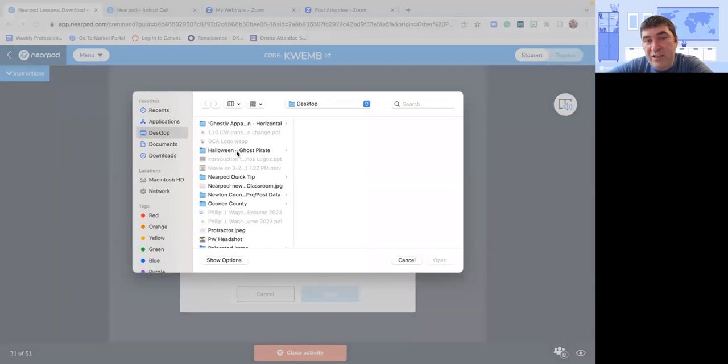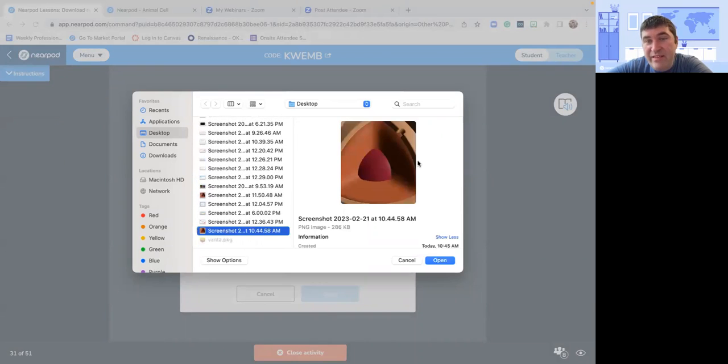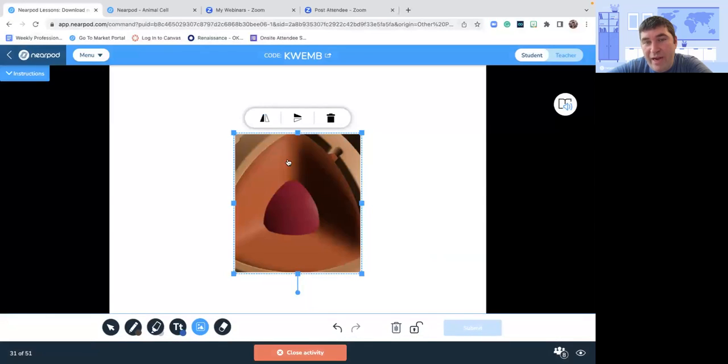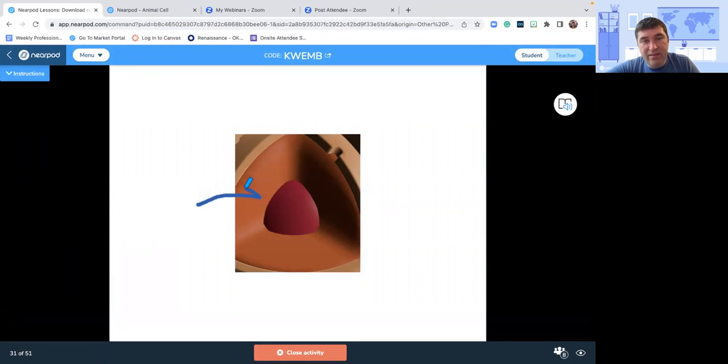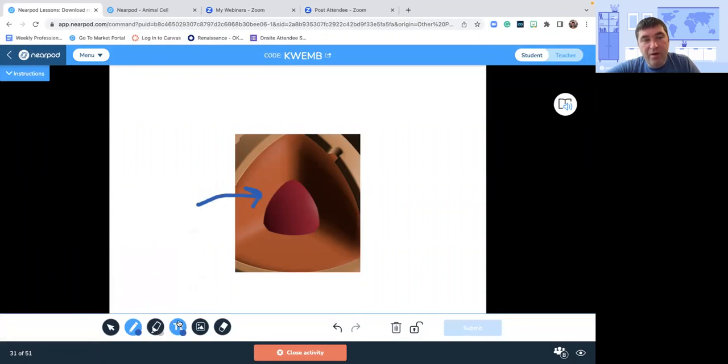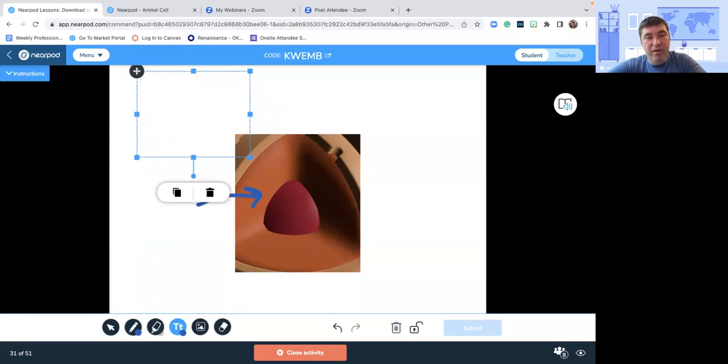And here you can actually search for that snippet or series of snippets. I'm going to scroll down, and this is the image that I took a snapshot of. So I'm going to go ahead and upload that image right here to Draw It. And like I said before, now I have the power to not only directly annotate on that image, but also extend my learning by maybe providing my own understanding